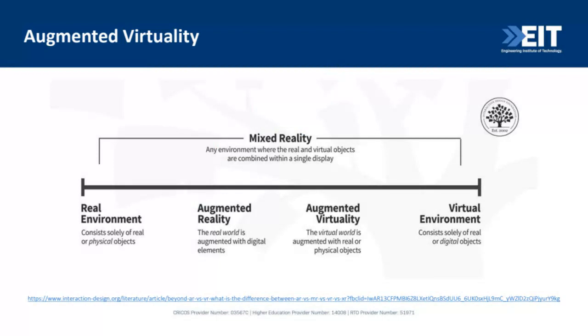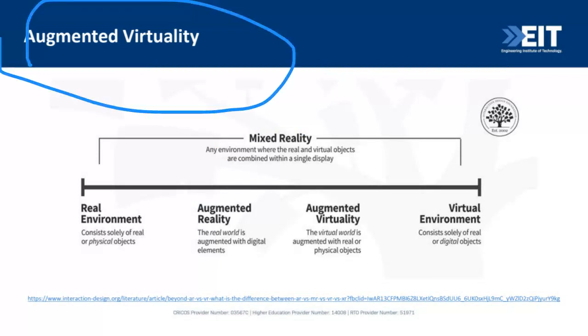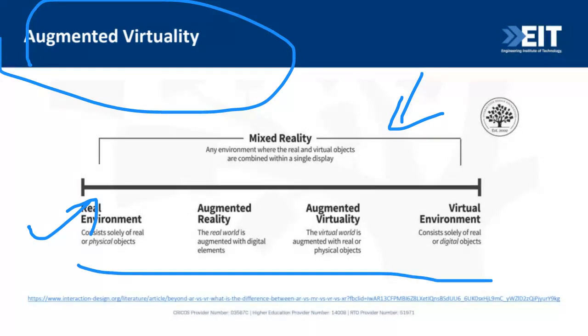Now, the interesting part of today's presentation was the term augmented virtuality and what that was all about. This is a term that's not really used, and the reason is that augmented virtuality first came in the virtuality continuum that was first published in 1994. So it's a very old resource, but what it basically does is talk about the whole range of reality.